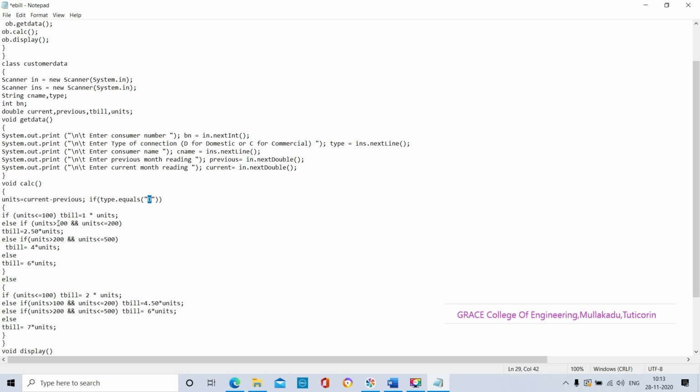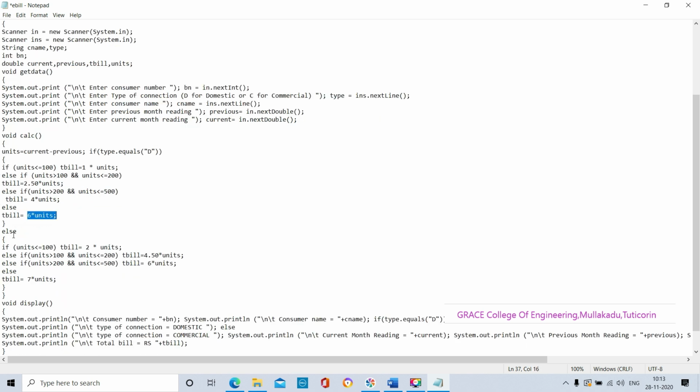Else if units is greater than 100 and units is less than or equal to 200, the EBILL is equal to 2.50 multiplied by units. Else if units is greater than 200, double ampersand, units is less than or equal to 500, the electricity bill is equal to 4 multiplied by units. Otherwise electricity bill is equal to 6 asterisk units. The else part contains